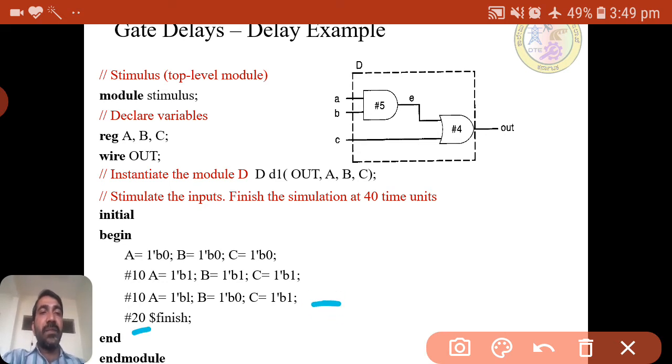After this time the simulation will terminate. Once we use begin, we have to write end, and once we write module, we need to write endmodule. So this is the stimulus block we are using to see the effect of delay.